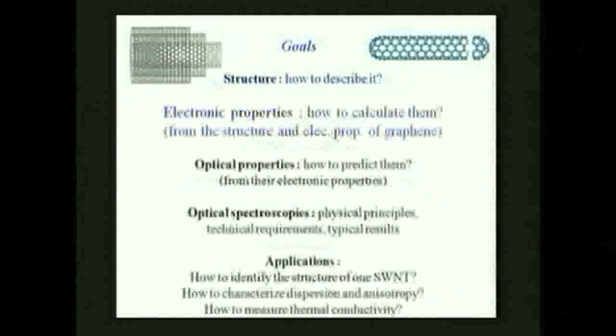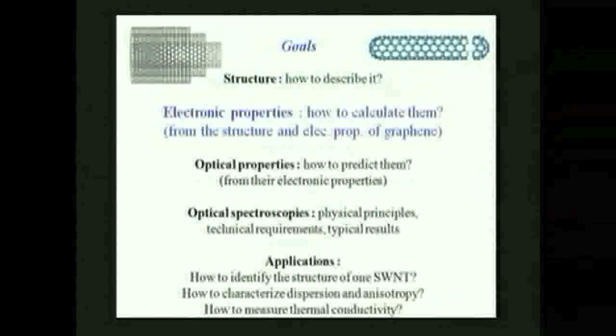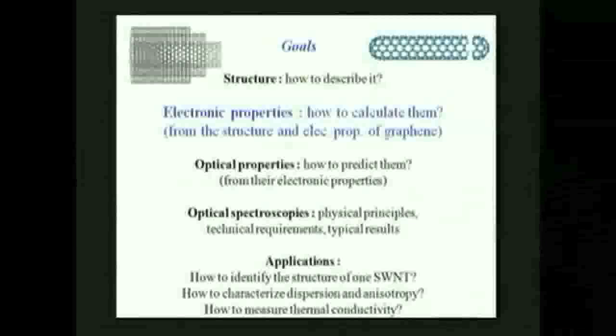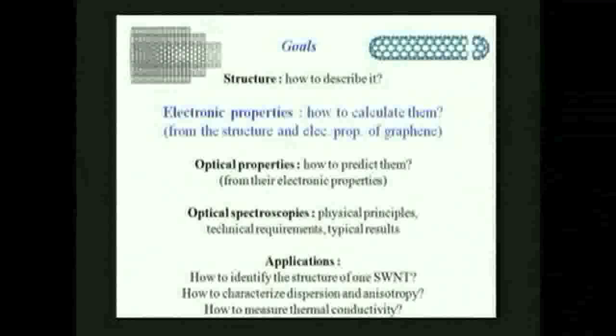Okay. So now we go to the electronic properties. The question will be, how can we calculate the electronic properties? To calculate the electronic properties of the nanotubes, we will use the electronic properties of graphene. So we will consider that the electronic properties of graphene are known. And actually, this is true, because